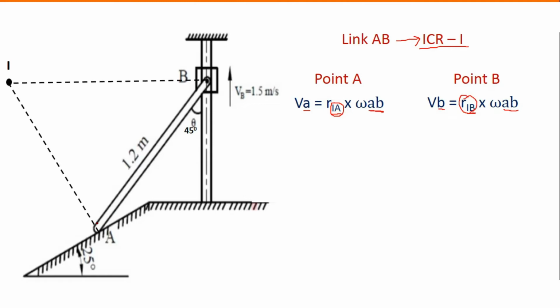So consider this triangle AIB. I know this side AB. If one side is known, and by geometry we find the three angles of this triangle, we can apply the sine rule. Let us see whether we can find the three angles of this triangle. Let us start. In the figure it is given that this theta is 45. We also know that this line is perpendicular to this line, which means the total angle is 90, out of which this is 45. So this angle is also 45 degrees because the total angle is 90.